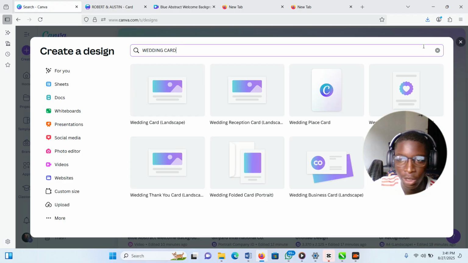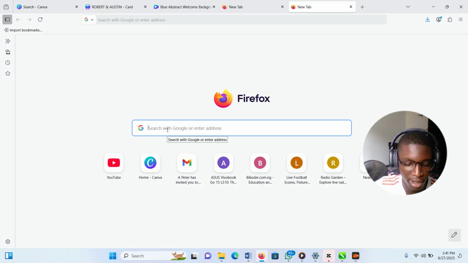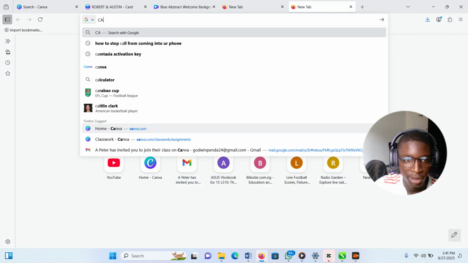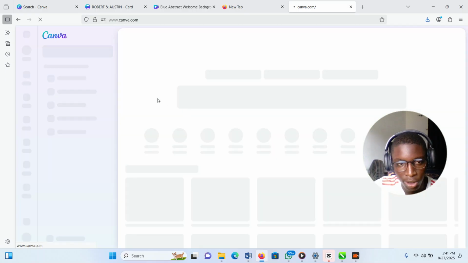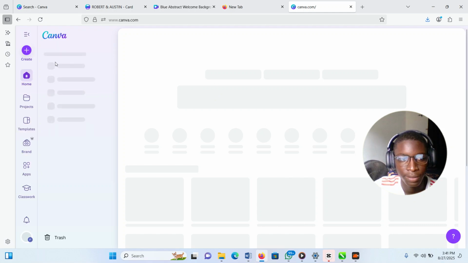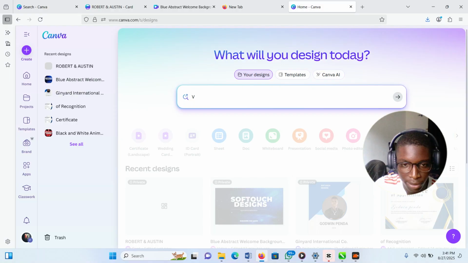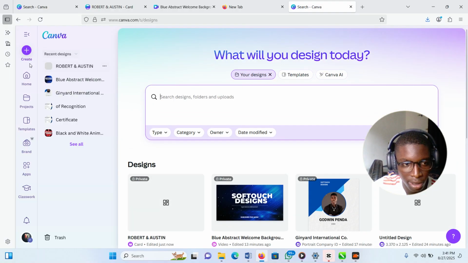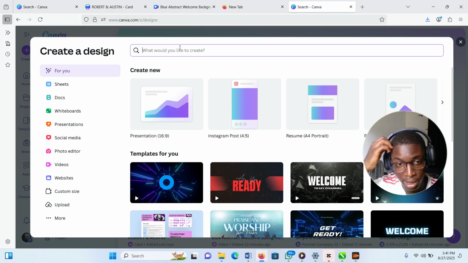If you don't have Canva, you can go straight and type Canva to open. Then click enter. You now open your workspace. Let's wait for it to open. As it's opening, come to create, and give it an artboard. Yes, create. And then from here you can see, just write Valentine